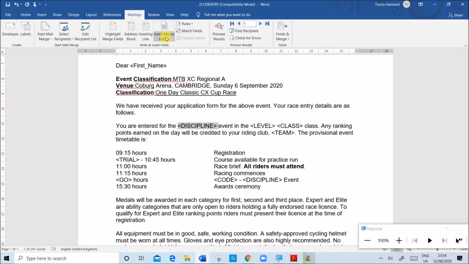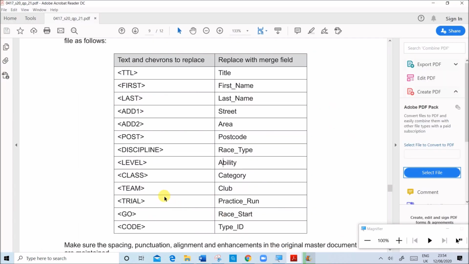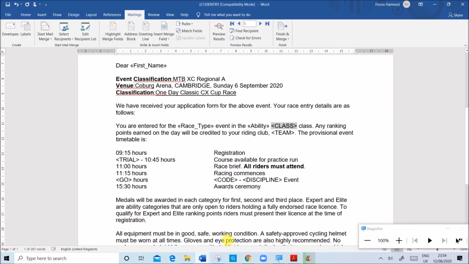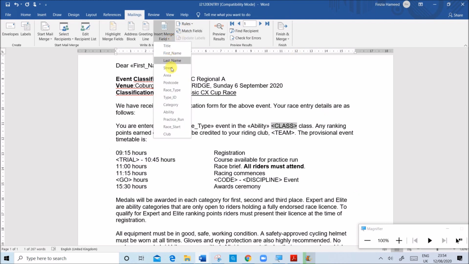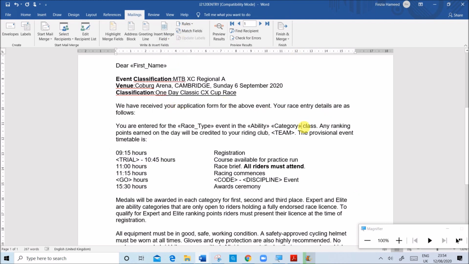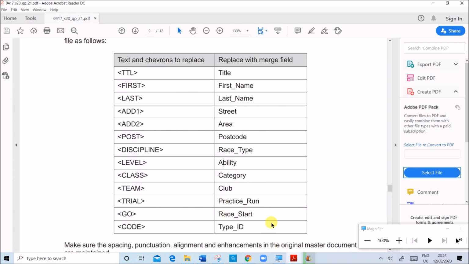So discipline is the race type, level is ability, class is category, team is club,